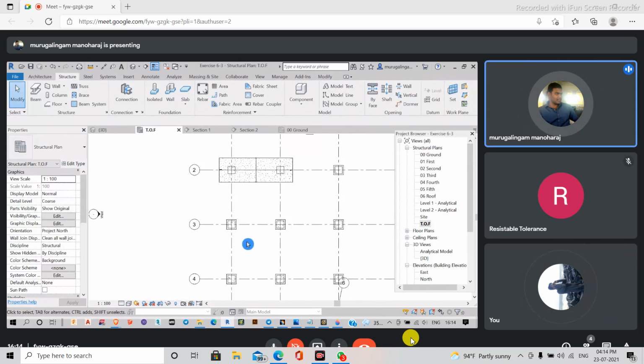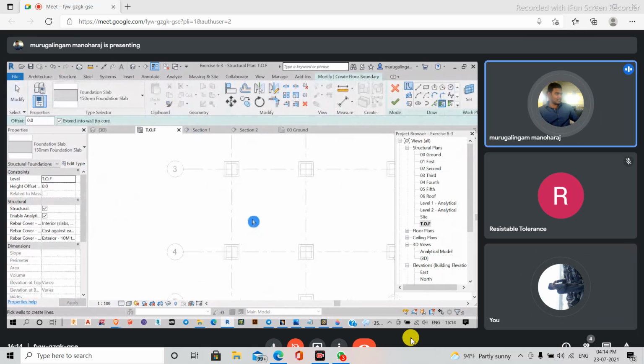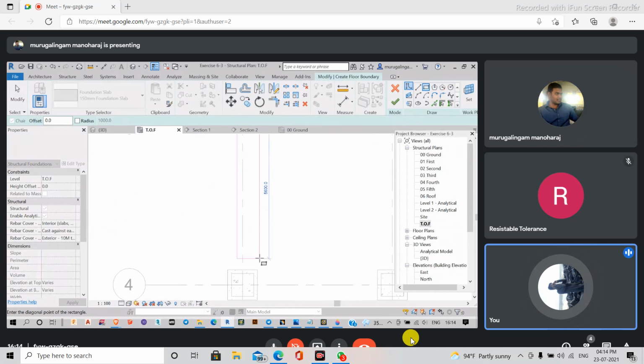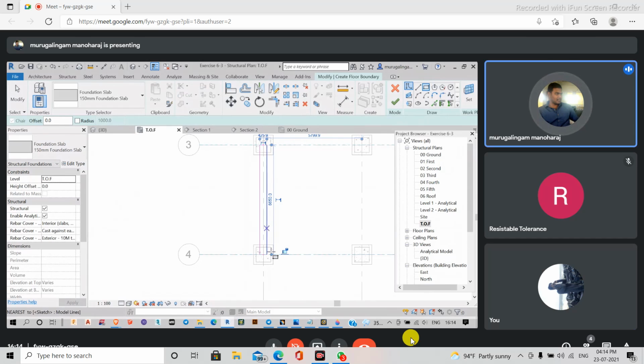Okay. And then I'm coming to my slab options once again. Then what I'm doing here is creating something else. Are you able to get my point here? Yes, sir. So here it will be provided like this, and in this one I have to be a little careful with the way reinforcement is provided. In the previous method it's a beam, so it will be easy to provide reinforcement, but this will be considered as a slab, so we have to be a little bit careful while giving the rebar covers for this one, for example. Okay.